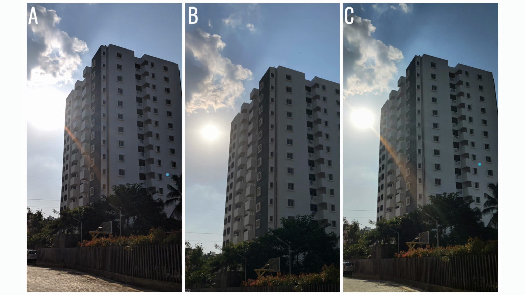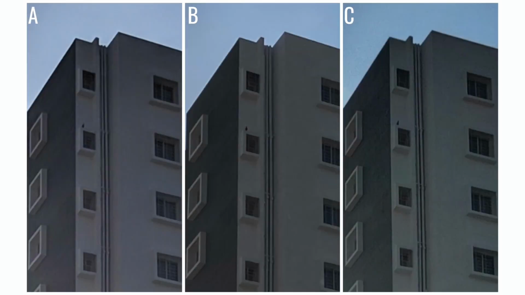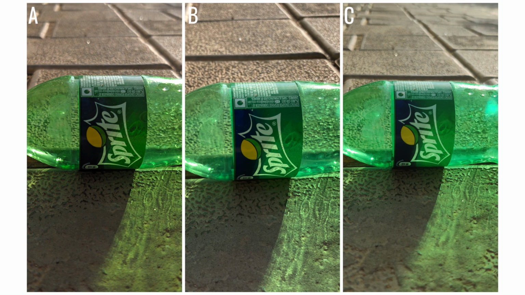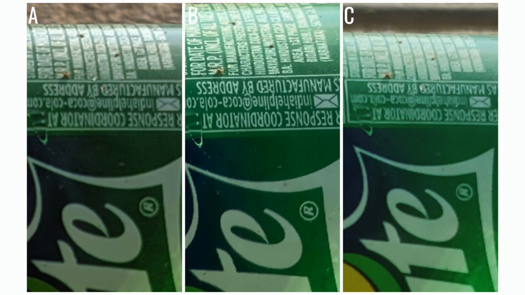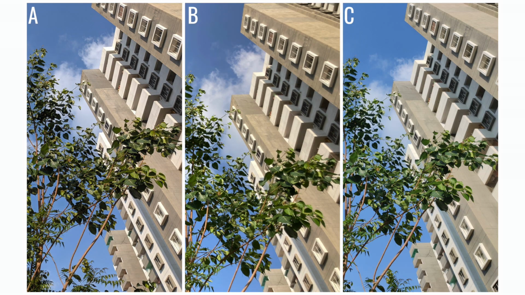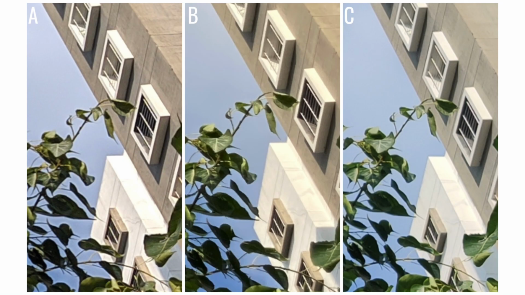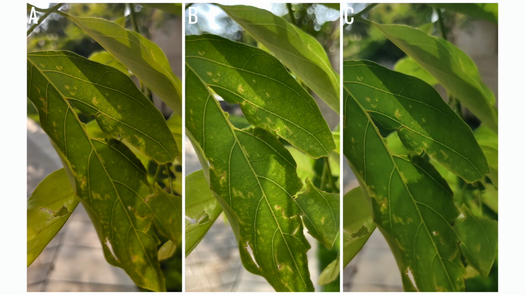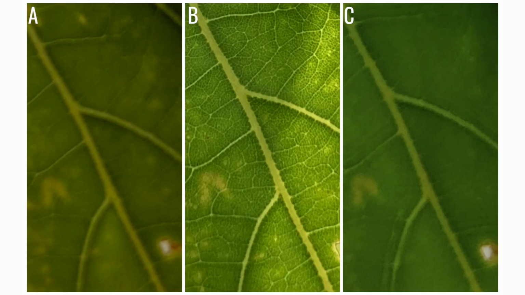With the sun right in the background, this is how the phones have captured the images. This is an interesting scenario. Again, all three of them look very similar upon first look, but upon zooming in you would see that B has much better details compared to A and C. Even in this close-up shot, upon zooming in, A and C almost look blurred, whereas B looks very good in terms of details.